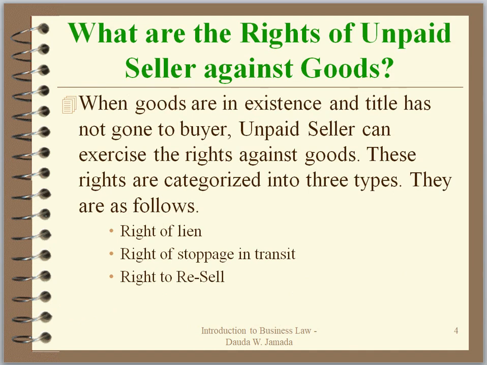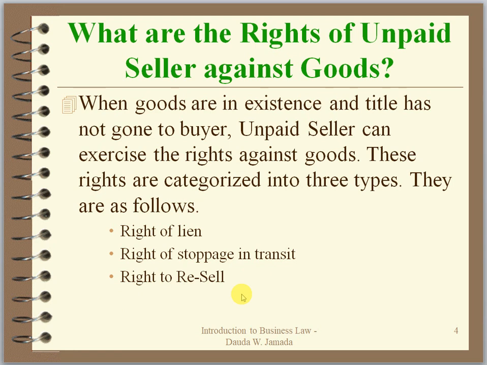And what are the rights of unpaid seller against the goods? When goods are in existence and title has not yet gone to the buyer, unpaid seller can exercise the rights against the goods. These rights are categorized into three types, which are right of lien, right of stoppage in transit, and right to resell. So when goods are still in your business premises, maybe they are still in your shop,